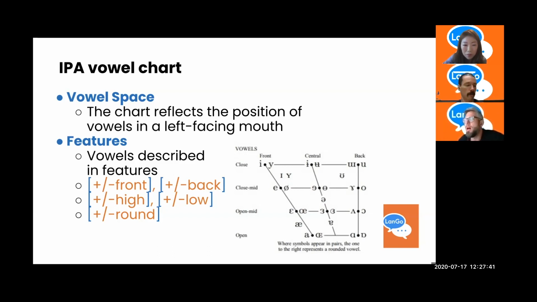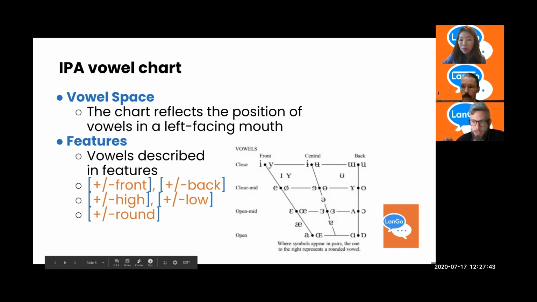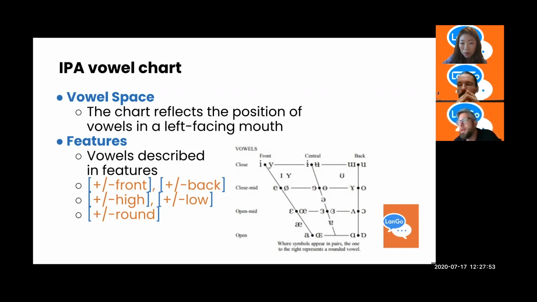So on the one you can see here, if you're not watching, I'm going to describe it to you. We have a vowel chart here, and the vowels are arranged in front and back, front being left and back being right. And they are arranged in high and low. And it isn't exactly indicated here with a symbol, but it is indicated by position, whether they are round or not. If you're looking at the IPA chart, whatever vowel is on the left of the line is unrounded, and whatever vowel is on the right of the line is rounded.